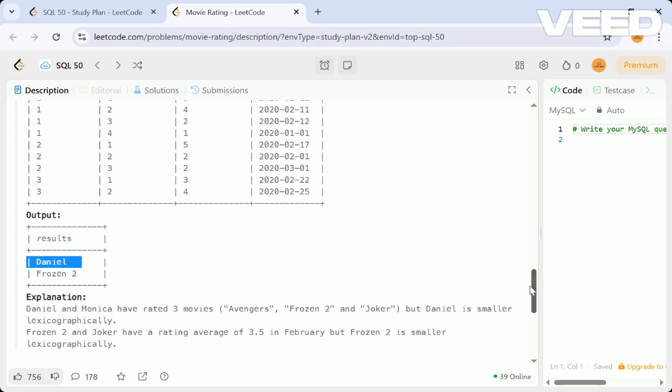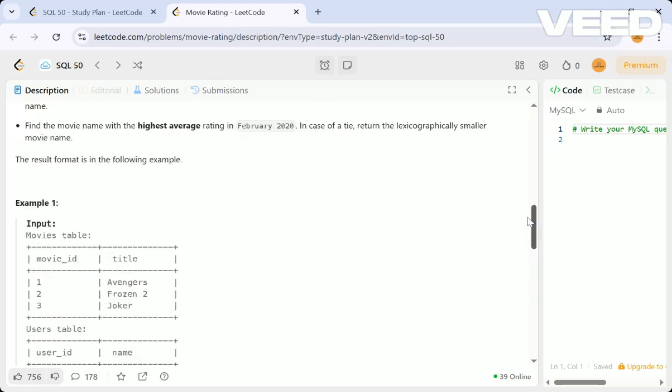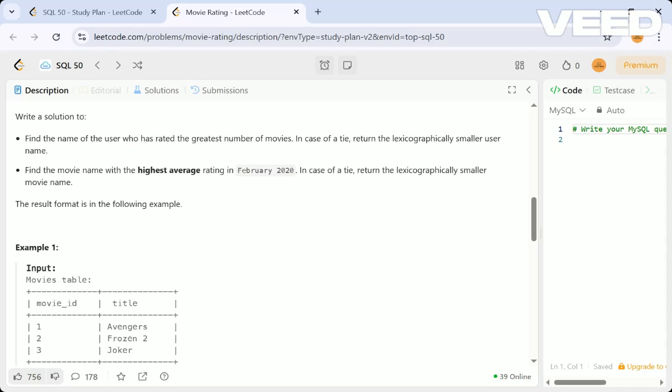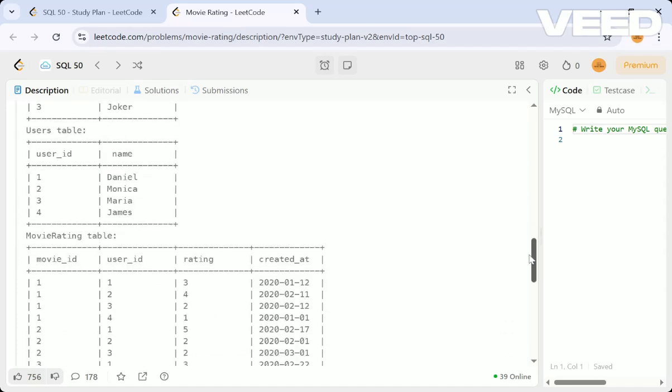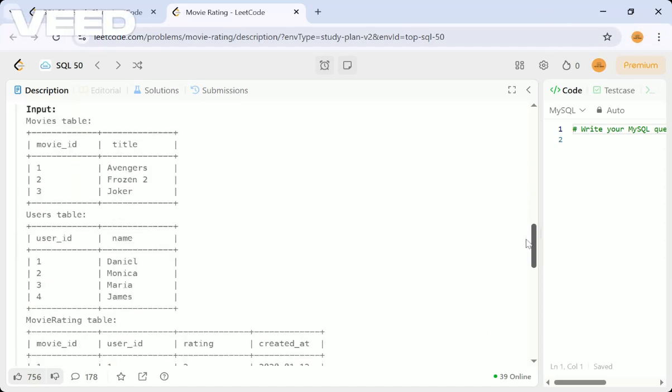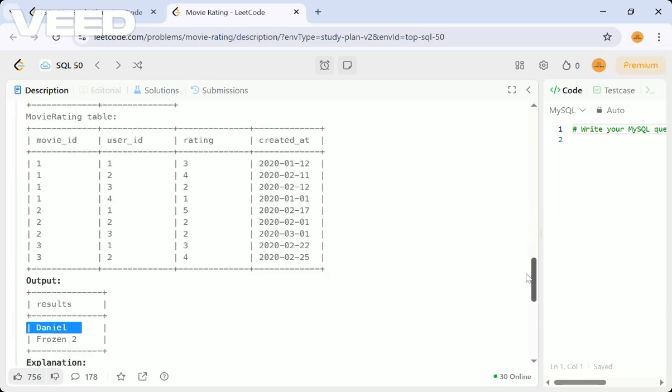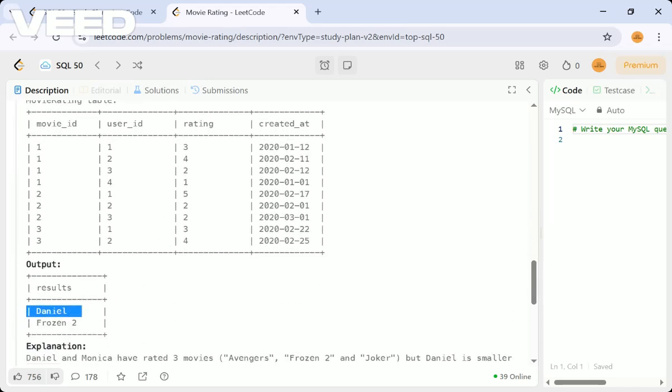And again they're asking one more thing, that is, find the movie name with the highest average rating in February 2022. In case of a tie, write the lexicographically smaller name. In 2022 February, that is the second month, the highest average rating.